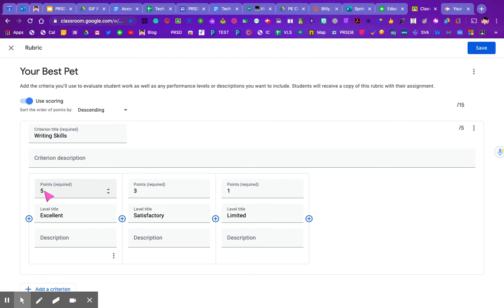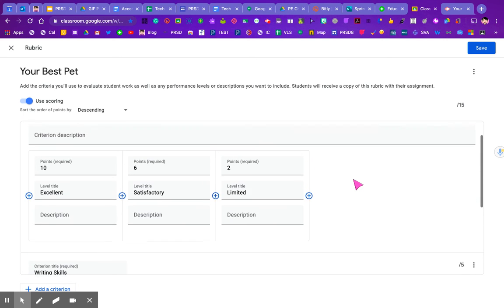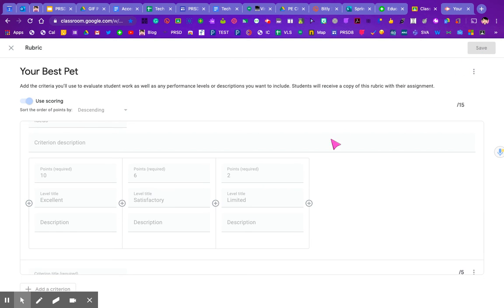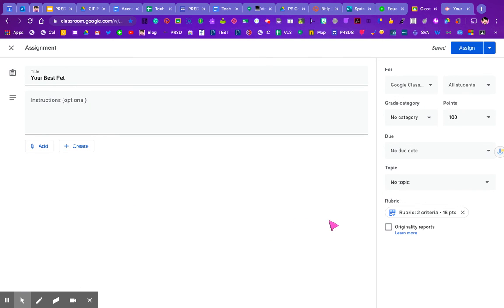If I changed to 10 points down here, watch this 15, that would automatically go to 20, right? So whatever the highest point is, it calculates. All right, so now I can press save, and I have 2 criterion in my rubric. It'll tell me that it's 15 points. If I came back in here,